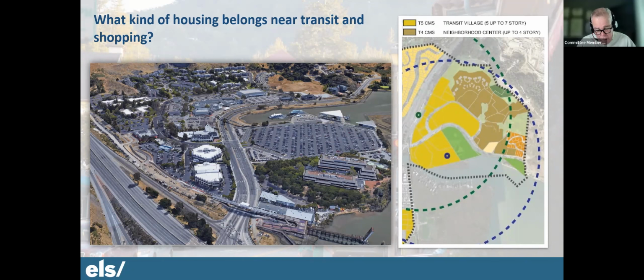Right. The only reason I raise it is because there are plans in the works to use that property for structured parking to accommodate the ferry terminal, and I don't want to create false expectations about what could be accomplished. The plans that I've actually seen from the Bridge District are perfectly consistent with having housing on top of structured parking. I don't know if anybody is going to want to live there, but it's theoretically not incompatible. But Dan's point is a very good one. I'd hate to see people think that something's going to be built there that's going to sink into the bay.